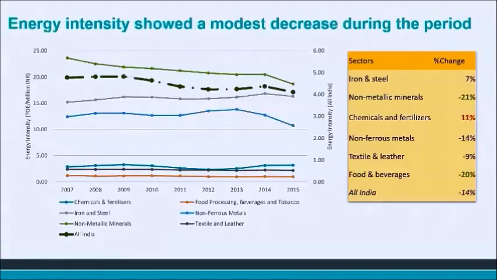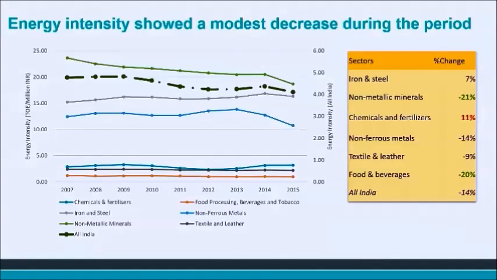Next slide, please. In terms of energy intensity, we have seen a very similar pattern to the emissions intensity. And that makes sense: if carbon intensity remains constant, the only thing changing your emission intensity is the energy intensity. At the national level, again, we see a similar CAGR of 2% and a net decrease of 14%. Again, non-metallic minerals stand out, showing the highest improvement in energy intensity, followed by the food and beverage sector. And the iron and steel sector, again, is the only sector that showed an increase.